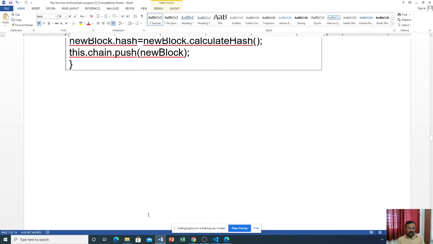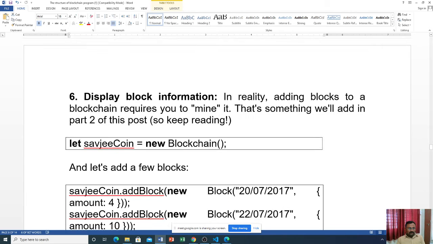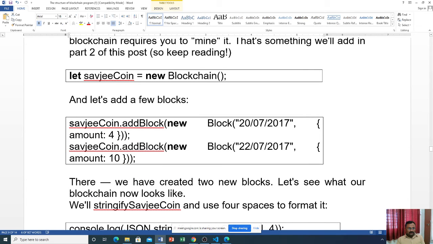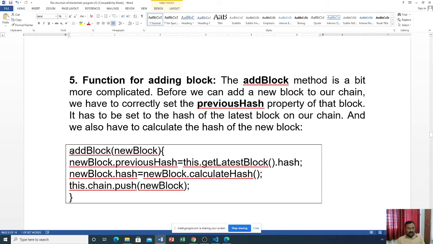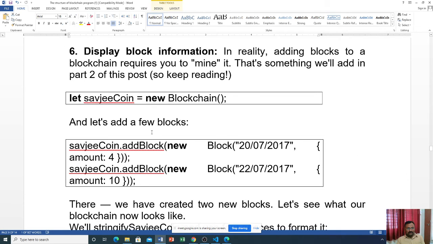Same with the next line, savjiCoin.addBlock. You can add a block. The addBlock function is called, and in the addBlock function you pass the new block as a parameter.